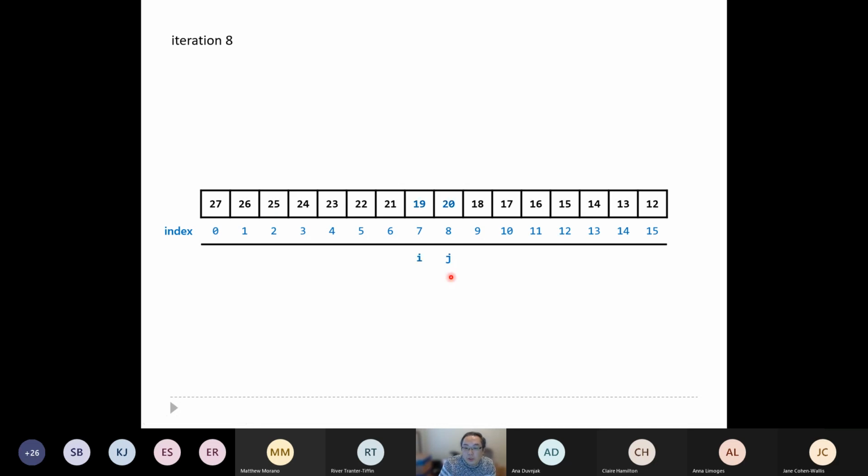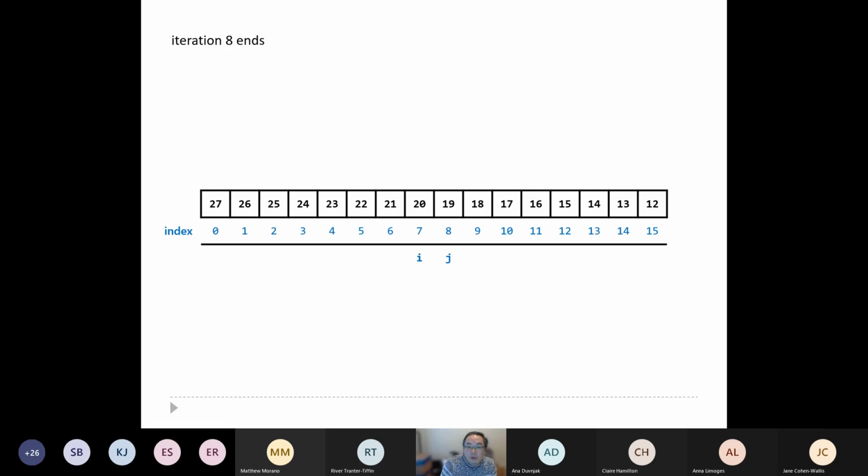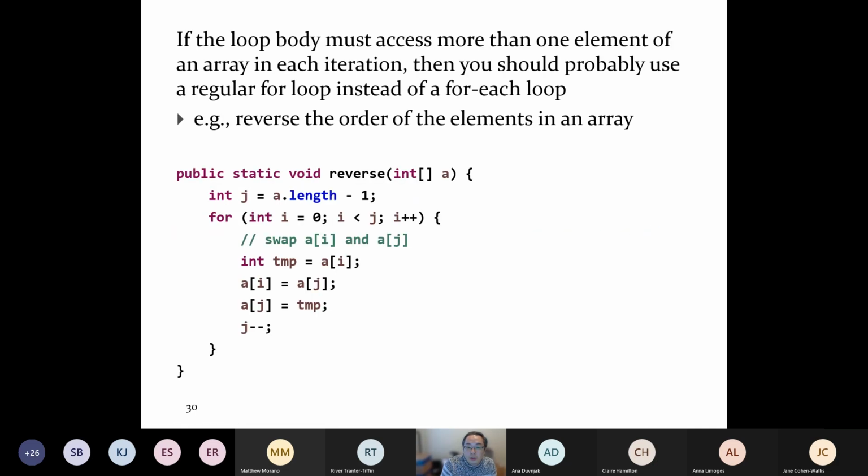Eventually, we get to this point here. I'm going to swap these two. Iteration 8 ends. And away we go. So what is my stopping condition here? i is less than j. So there's your stopping condition. You're going to continue